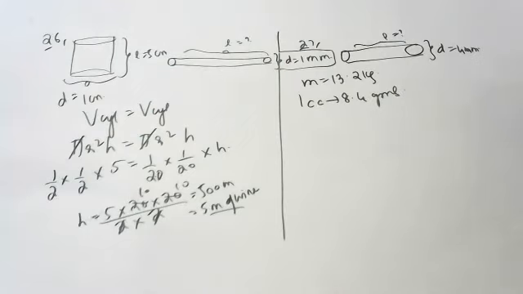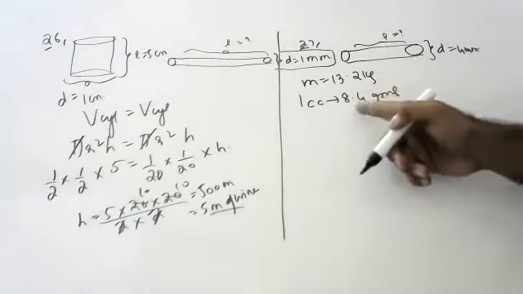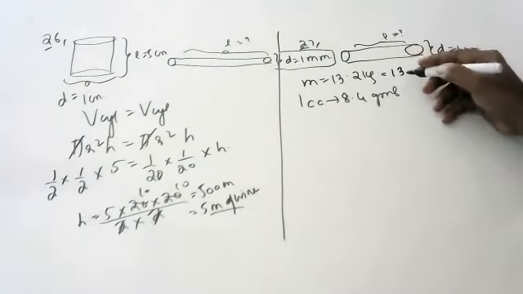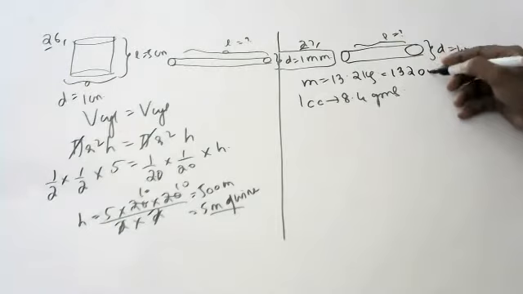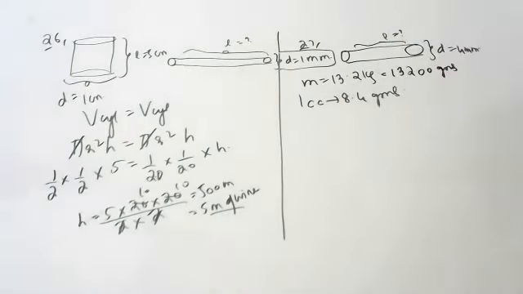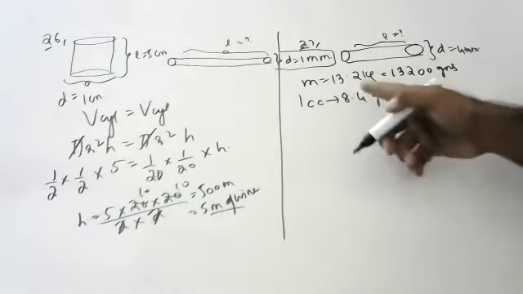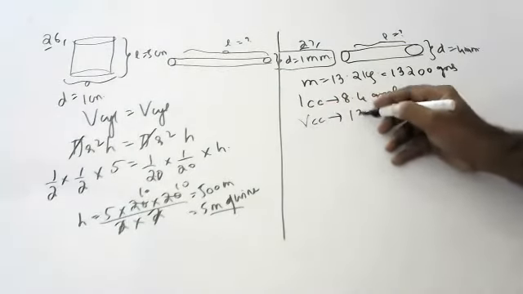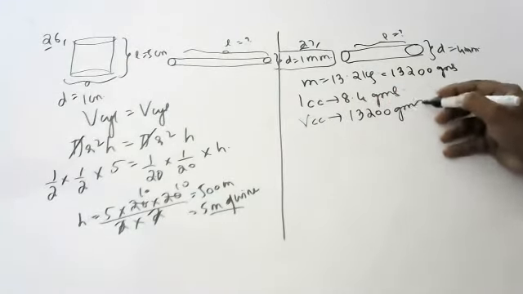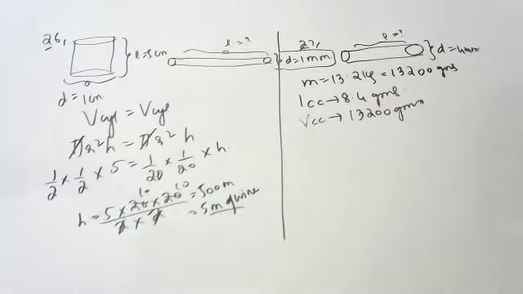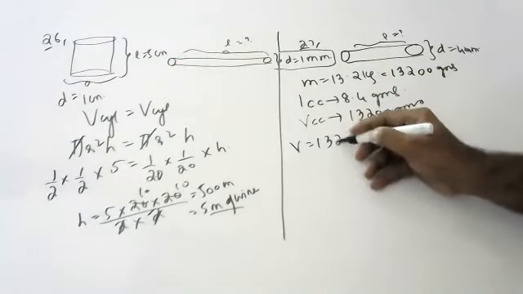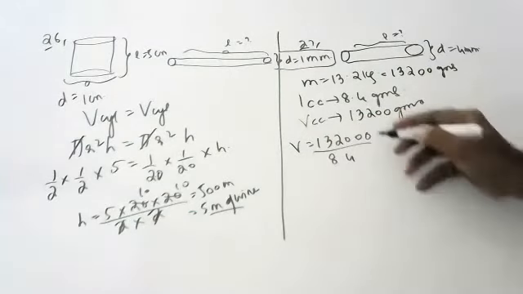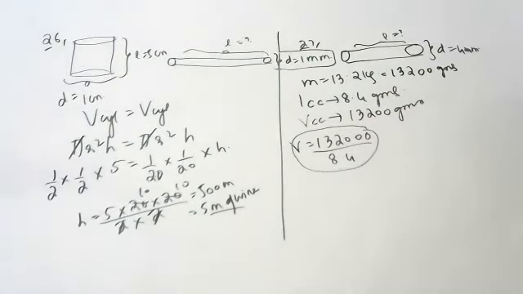Okay, how? Pi r square h. No, not like that. 1 cc is 8.4 grams. So 13.2 into 1000 is 13,200 grams. How many cc is that? You'll get the volume. 1 cc is 8.4 grams. So how many cc will weigh 13,200 grams? Do cross multiplication. So how much? 13,200 by 8.4. If you remove the point here, this is the volume. Now once you know the volume, you can find out the length.